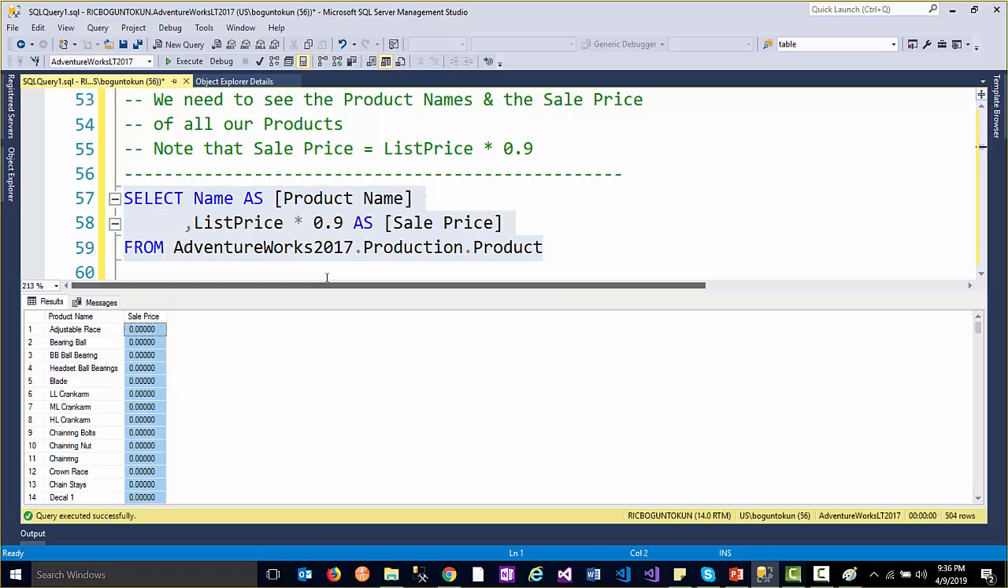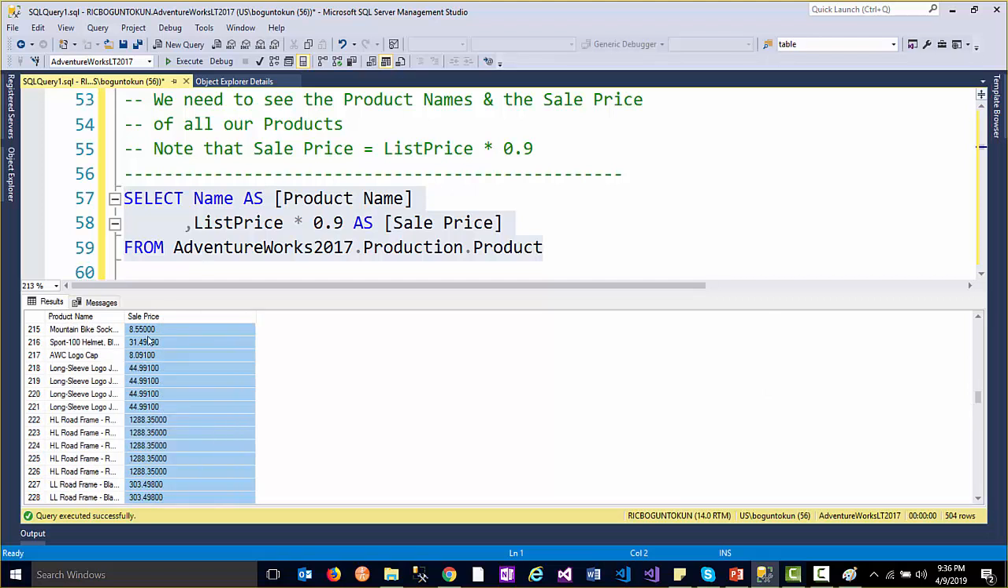So you see that we can alias our column names with the keyword as. Okay, and then you see that most of the sale price is 0 because the list price is probably 0, and then some of them now have valid sale prices. Okay, now if you want to know what the list price is before the sale price,